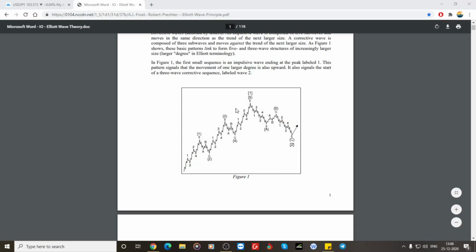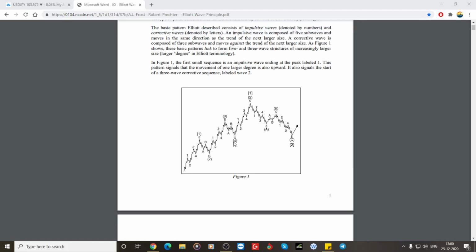So it won't be like this. These are all only for the identification of the trend. That's it, you just keep it in mind. What we are marking here is for identification. It's all psychology. If there is an impulsive wave, it will be a continuation, and then there is a